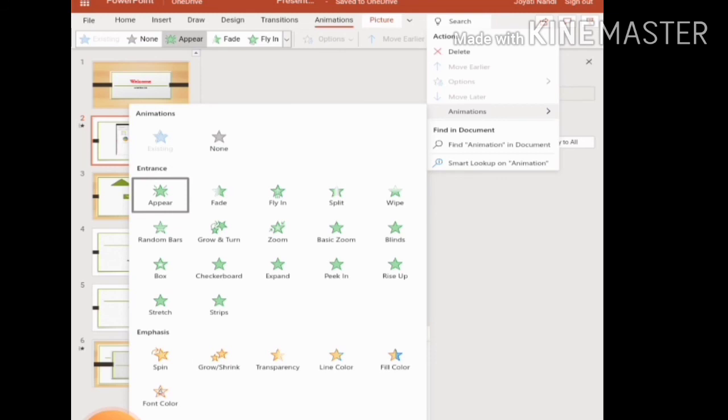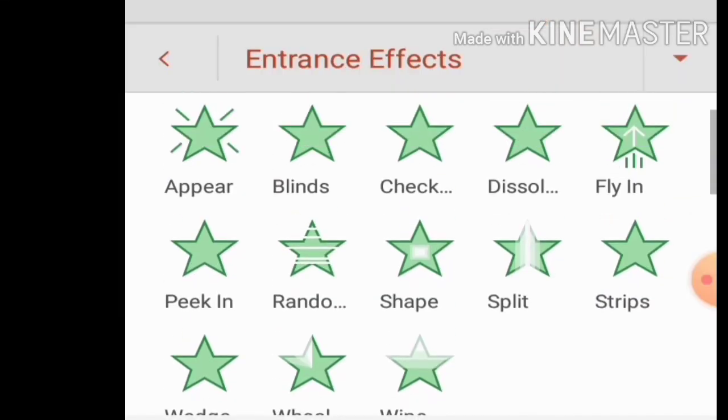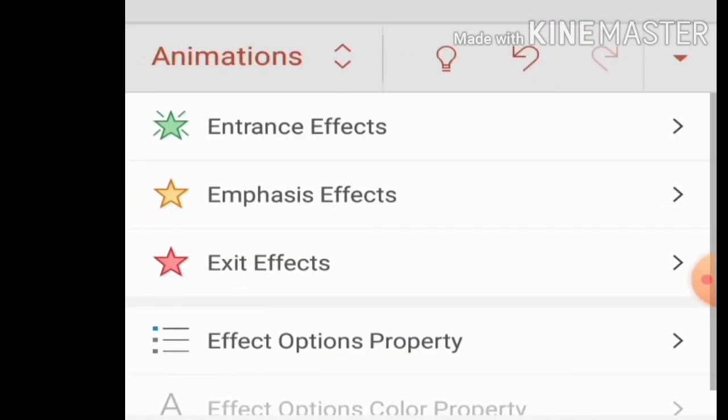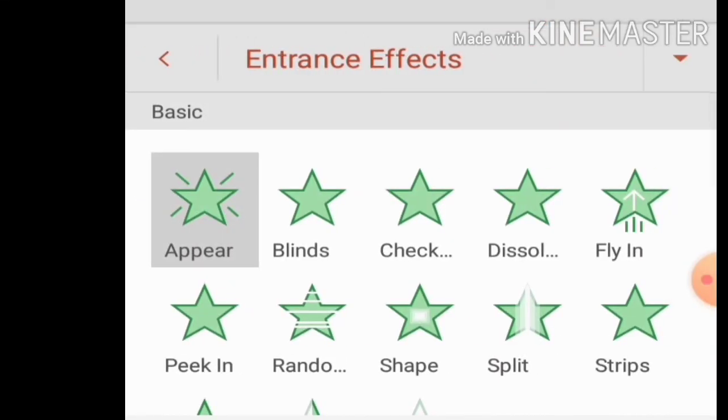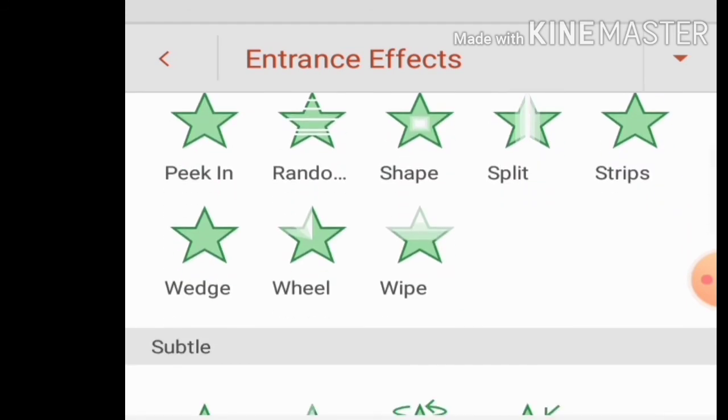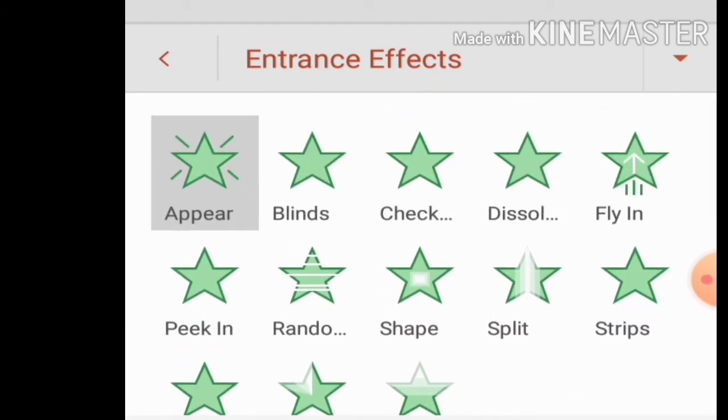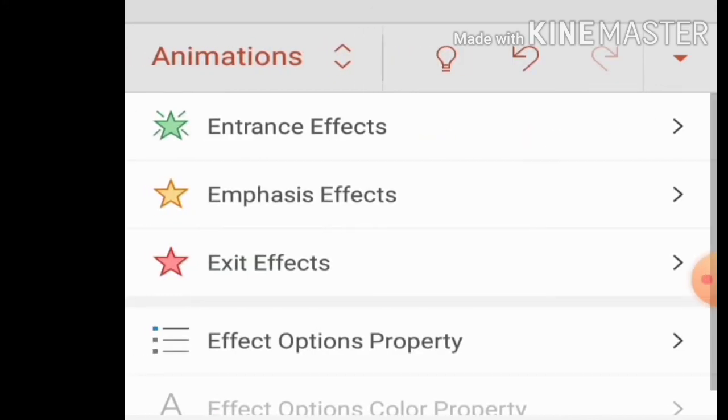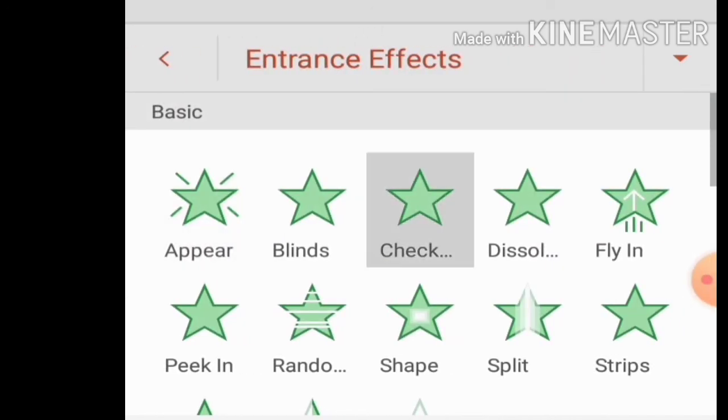After clicking on animation, different types of options are available here: entrance, then emphasis, then exit. Lots of other options are also available, say appear, then blend, then check, and so on. I am choosing the first one.